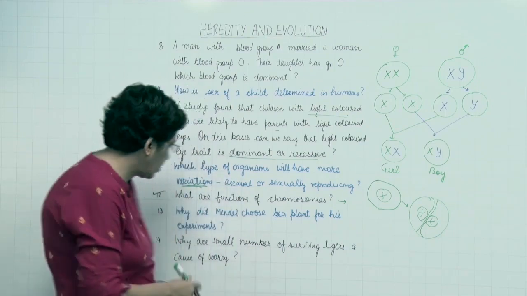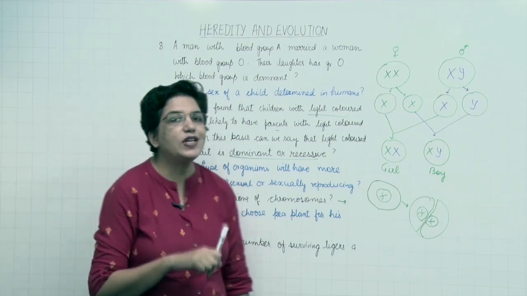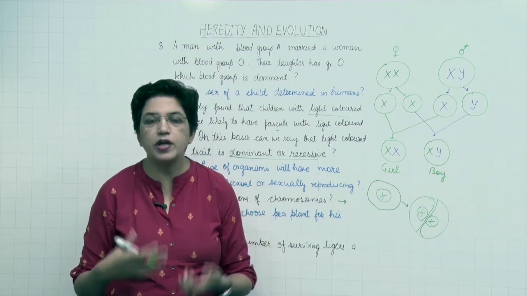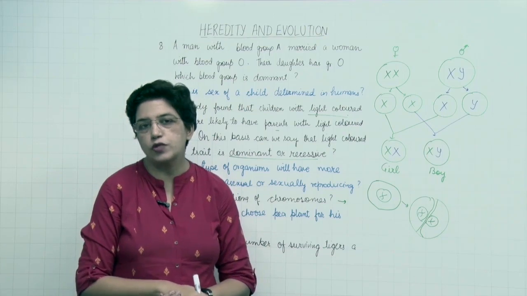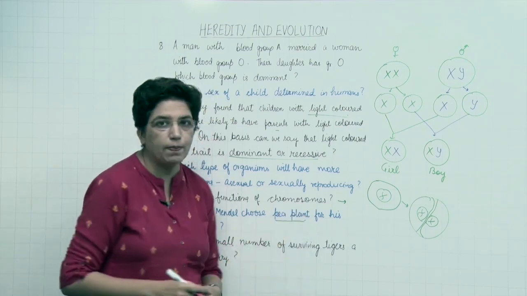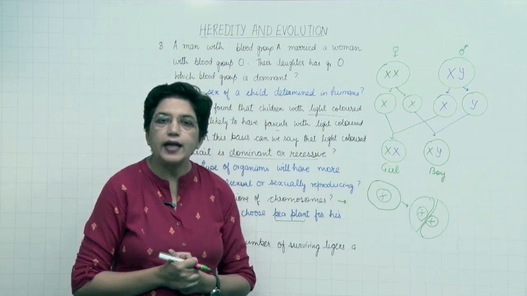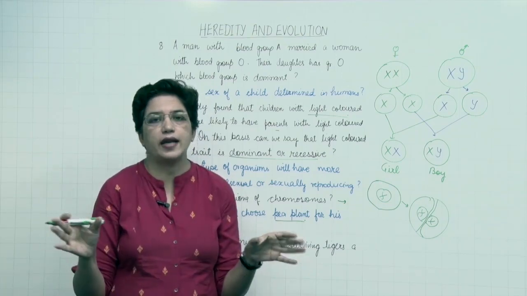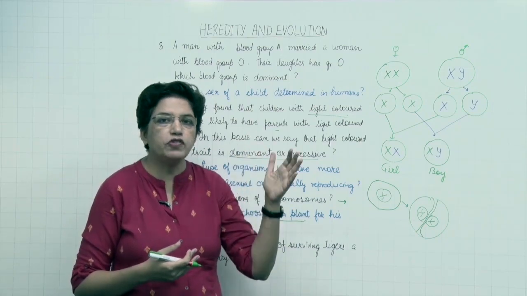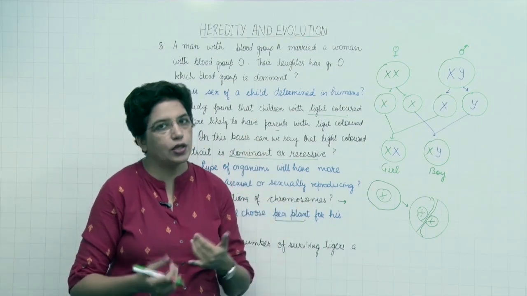Next question, why did Mendel choose pea plant for his experiment? As we discussed, Mendel performed various experiments, both monohybrid and dihybrid, to study how genes are actually transferred from parents to the next generations. And for his experiments, he chose pea plant. Why did he do that? Because of various reasons. First reason is that pea plants had certain very distinct characteristics which are very easy to observe. For example, length of the stem. Some of the pea plants are tall while the other pea plants are short. So it is easy to distinguish between tall and the dwarf plant.